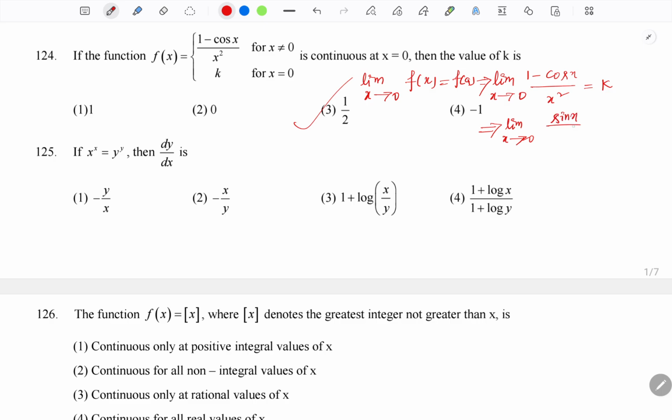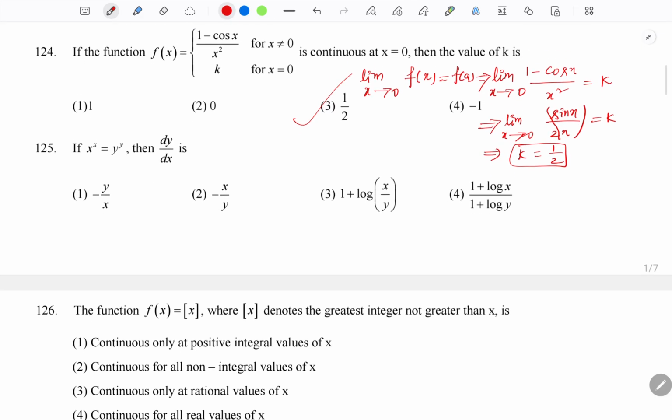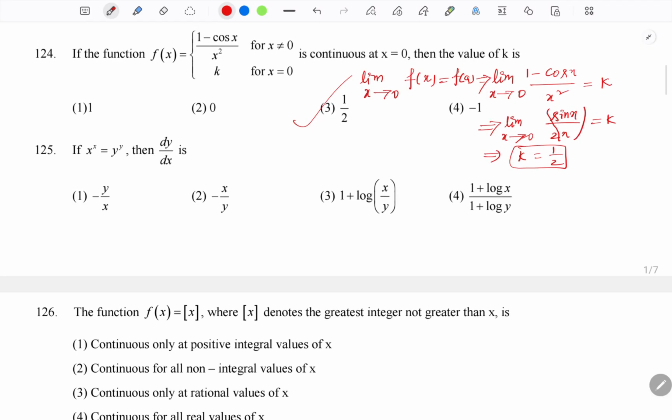sin x by 2x equals k, and we know the limit as x tends to 0 of sin x by x goes to 1. It's a sandwich theorem result, right? So this side is remaining only half, so we can say k equals half. Clear? So what is the value of k? Half. For learning, whenever you know this one, just pick the answer and go for the next